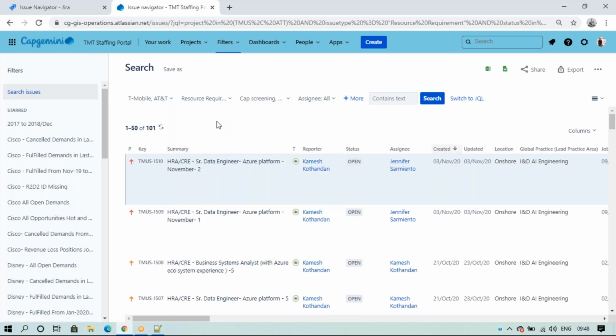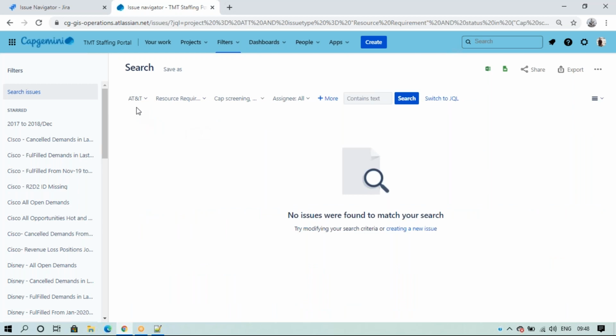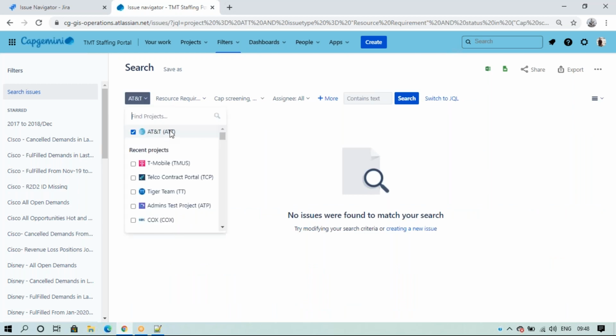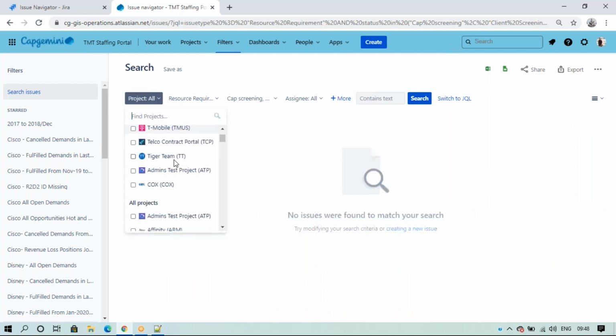I'll select all of this. This is the T-Mobile and AT&T issues. Sample AT&T 0 I have, right? I'll select a different one then.